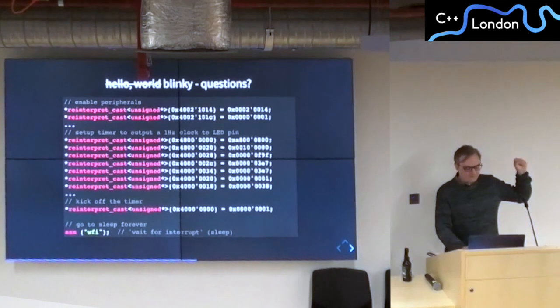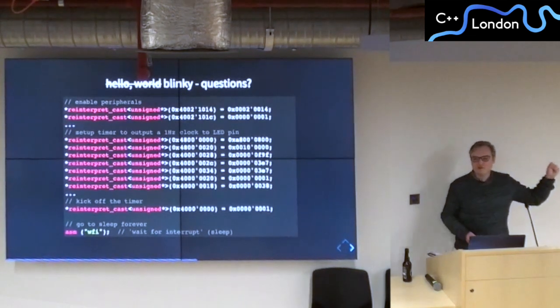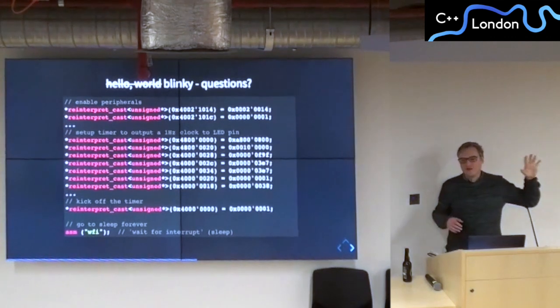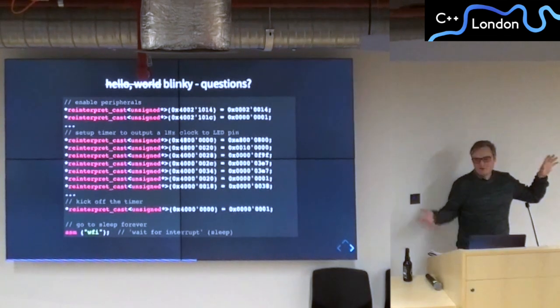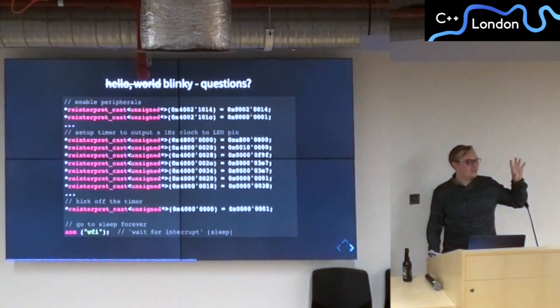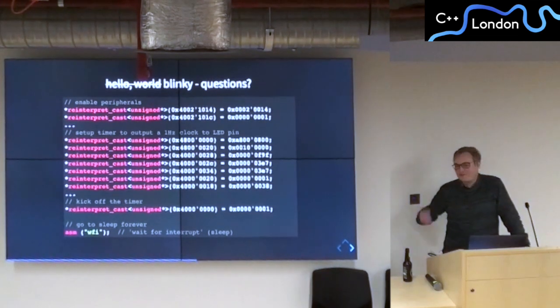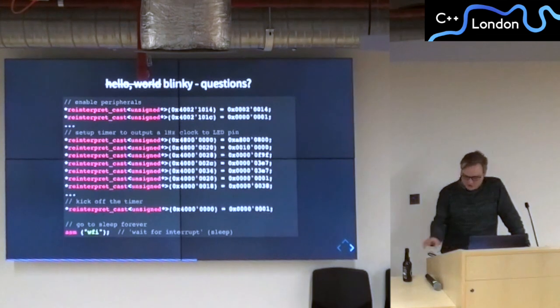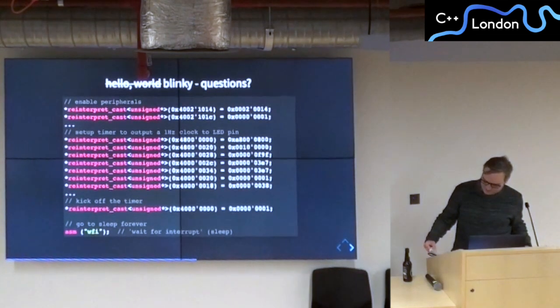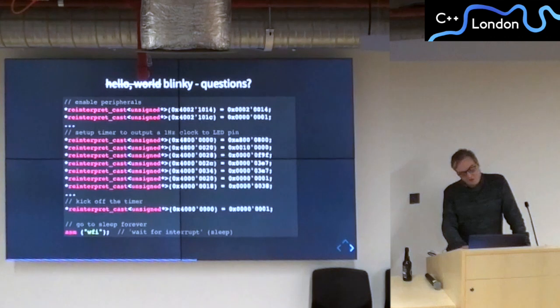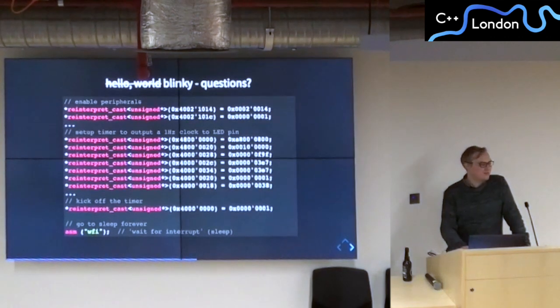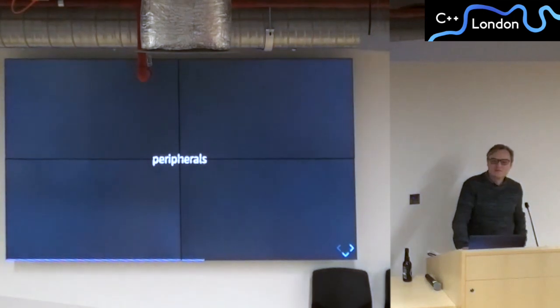And the unique thing is that the CPU can go to sleep while this is happening. Because once we've set up the hardware to do this job, there's nothing else to do in our program. It's just a blinky program, and we're doing it all in hardware. So it's incredibly efficient, I think you'll agree, because the CPU is doing nothing. It's free to do other things. In this case, absolutely nothing, just go to sleep. So that's what I'm trying to convey, the usefulness of this, the power of a microcontroller, because the microcontroller itself is very slow, doesn't have much memory, can't do an awful lot of things, but it's